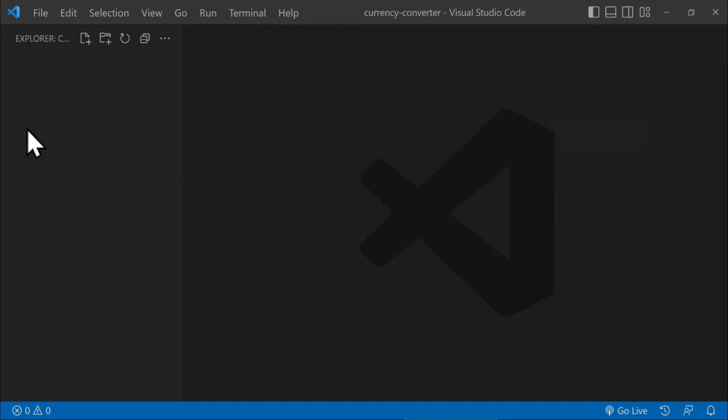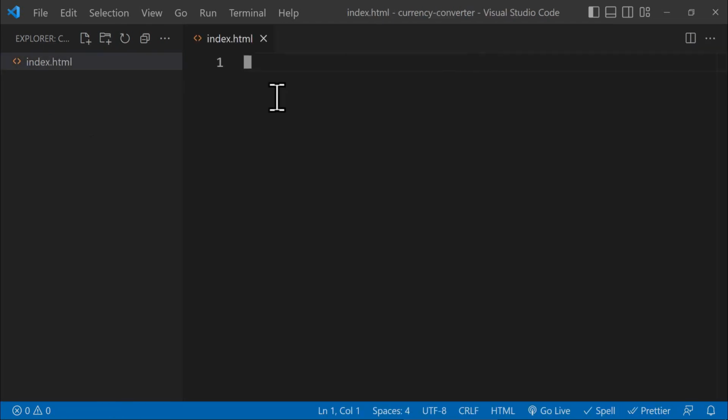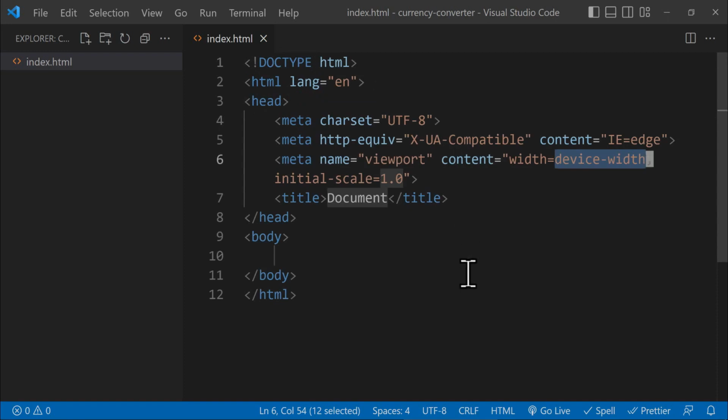And here on the left side in the Explorer section, we can click here to create a new file. And we call the file index.html. All right, so now we have our HTML file on the right side, but it is completely empty. But we can use an exclamation mark to add an HTML boilerplate. So we add an exclamation mark here, and we get an auto suggestion from Emmet. If we choose the first one, this is going to give us an HTML boilerplate, which includes the doctype,